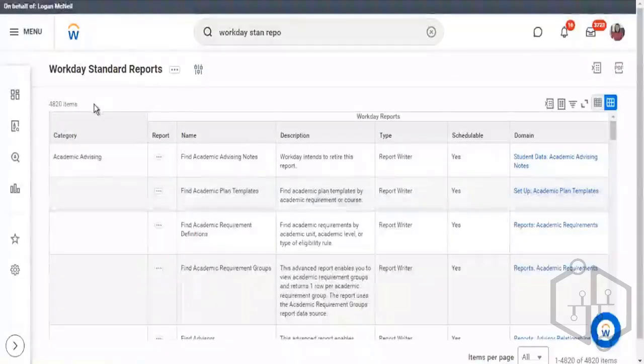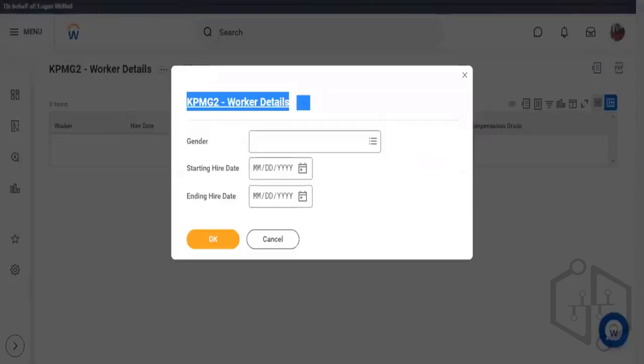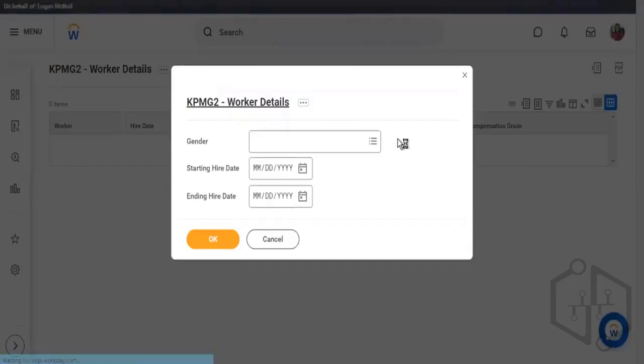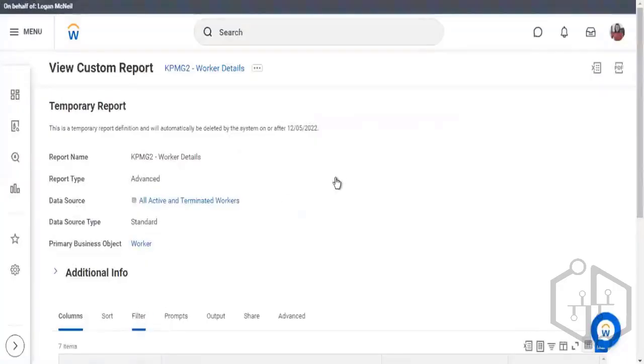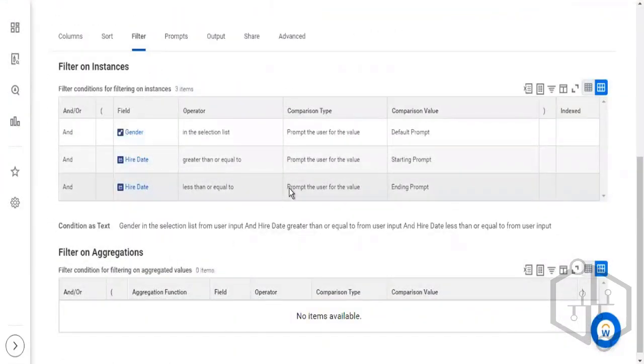Now, the reason for that is the way the filters have been configured. So yesterday when we spoke about filters, we looked at a couple of different options, right? We progressively improved on our filter. All right, so the last option that we selected was prompt the user for value. And it's because of that we are able to input the values. But then there's one more option. So if I go ahead and edit the report now,